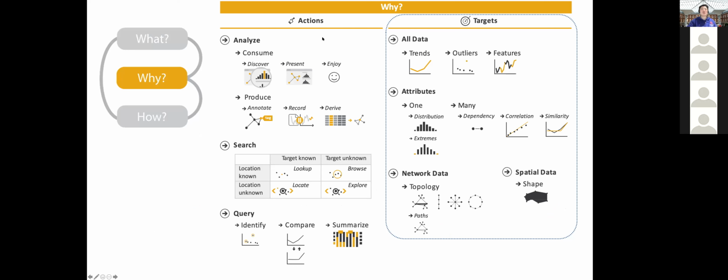Okay, and that's where we covered this part. The important thing to know is that there are 3 levels. You first have different types of analyze, and for each analyze you have different types of search, and for each search you have different types of query. For analyze, we talked about different types: either you're not producing anything new or you're producing something new. When you're not producing anything new, you again have different purposes for that. And similarly for search, we have different types, depending on whether you know the target or